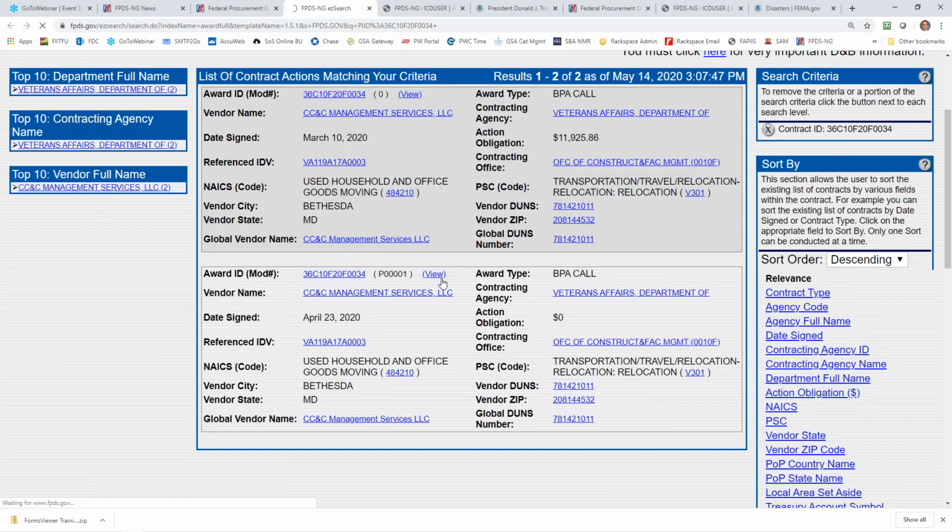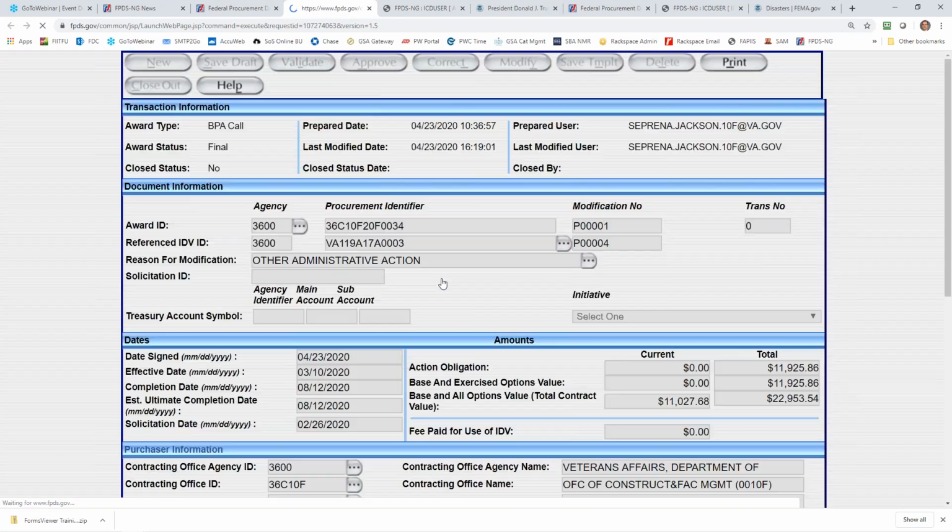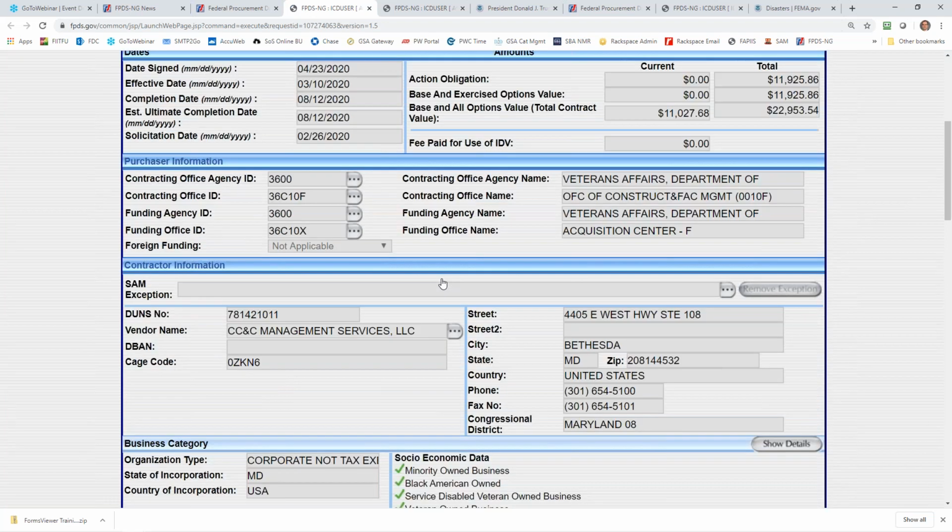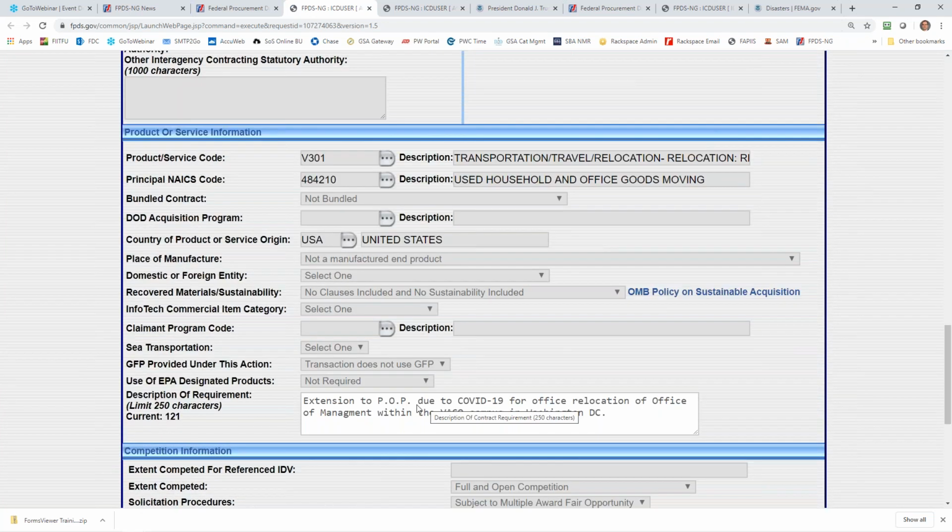So this one here was an extension to period of performance due to COVID-19 for office relocation of office management within the VACO campus. You know, if you're just saying, wow, we understand there are no air flights regularly scheduled anymore, so it's going to take longer for you to get up to Alaska to finish building the weather station, to me, that's